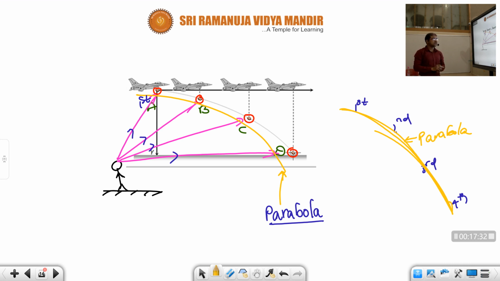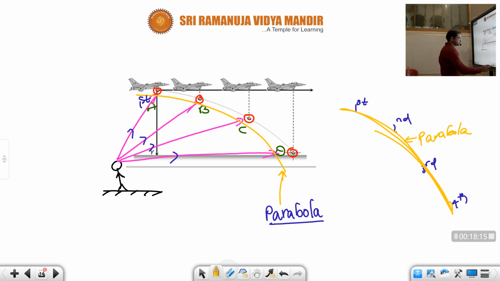Now, this is for the person who is standing on the ground. Now, there is another person, children. That aeroplane is not flying on its own. One person is there inside, none other than the pilot. And for the pilot, how will that weapon appear, children? The pilot is driving that vehicle, and the pilot only dropped that bomb. For that pilot, how will that bomb appear, like a parabolic shape or a straight line? Once think.